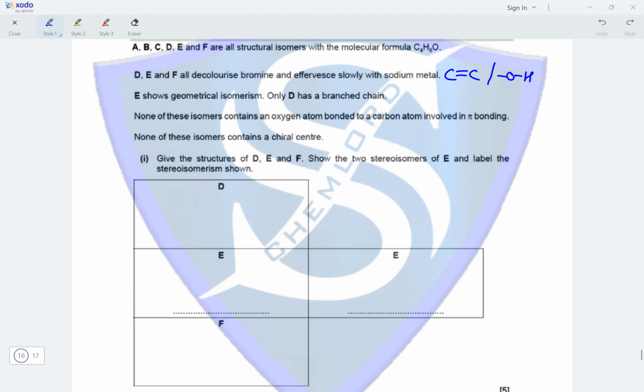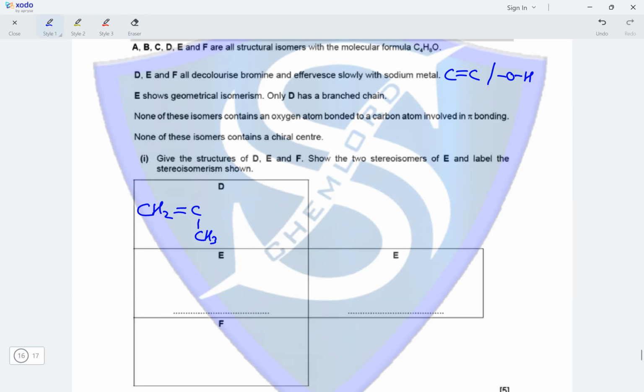Branching is present only in D. So branching is present in D, and we've got C4H8, and the OH cannot be attached to the terminal carbon or the double bonded carbons, and the double bond has to be on the terminal because it will not show cis-trans isomerism. So we start off with CH2 double bonded to a CH group, and it has to have a branch as well. So instead of CH, we can include a branching on this carbon by introducing a CH3